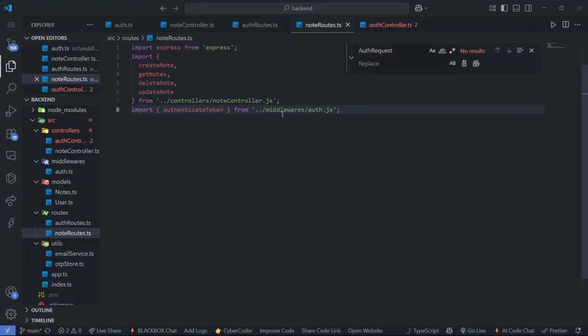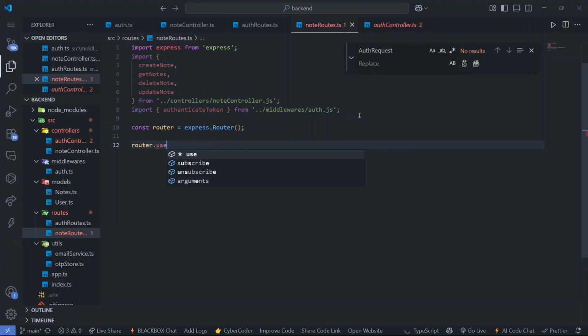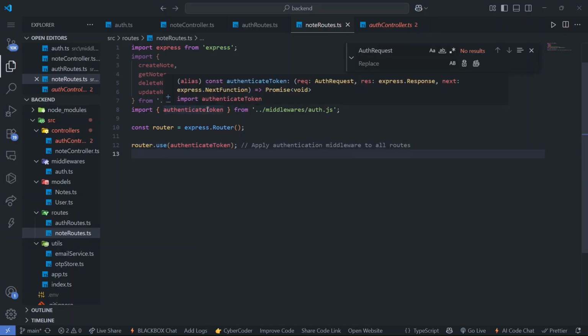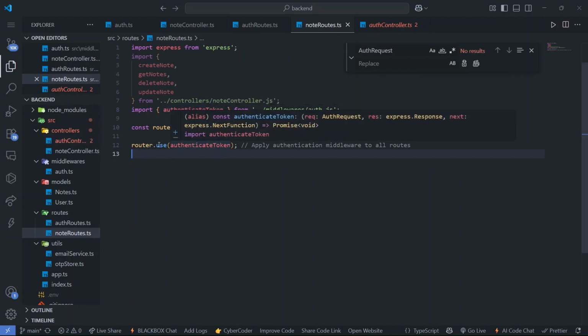So auth middleware, const router equal to express.Router to create our group route, and router.use authenticate token. So this is the middleware that we have created that we are going to use,